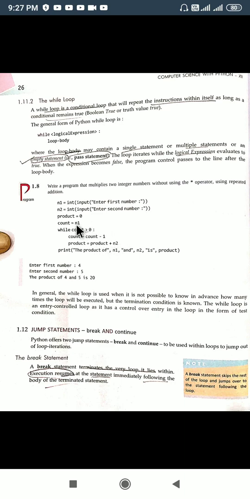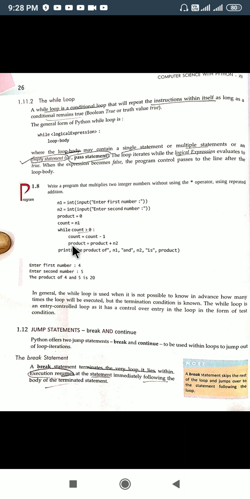Now count 1 is greater than 0, still it is. Now count is decremented again, count will become 0, and product 15 plus 5 will become 20. And now again it will check 0 is greater than 0, so it has become false, so the body of the loop will not be executed.